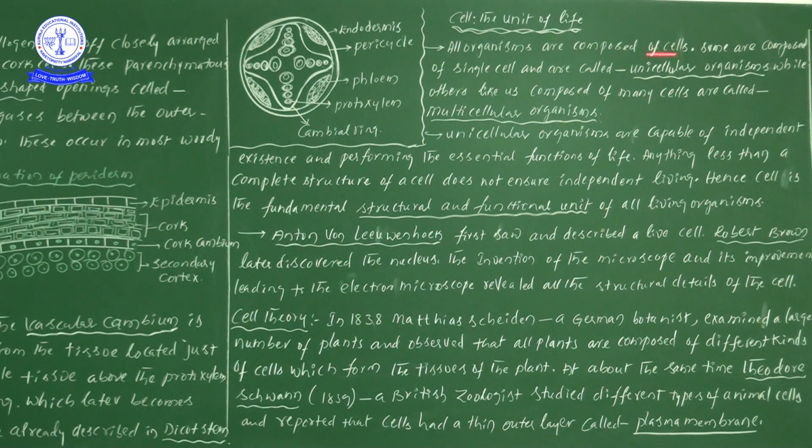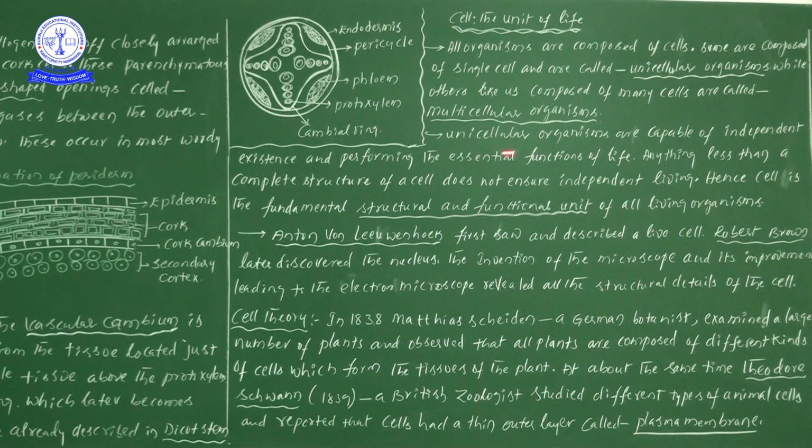So here some are composed of a single cell and are called unicellular organisms, while others, the remaining members like us, composed of many cells, are known as multicellular organisms. So there are unicellular organisms as well as multicellular organisms. Unicellular organisms are made up of a single cell and multicellular organisms are composed of many cells. Easy, no? So now